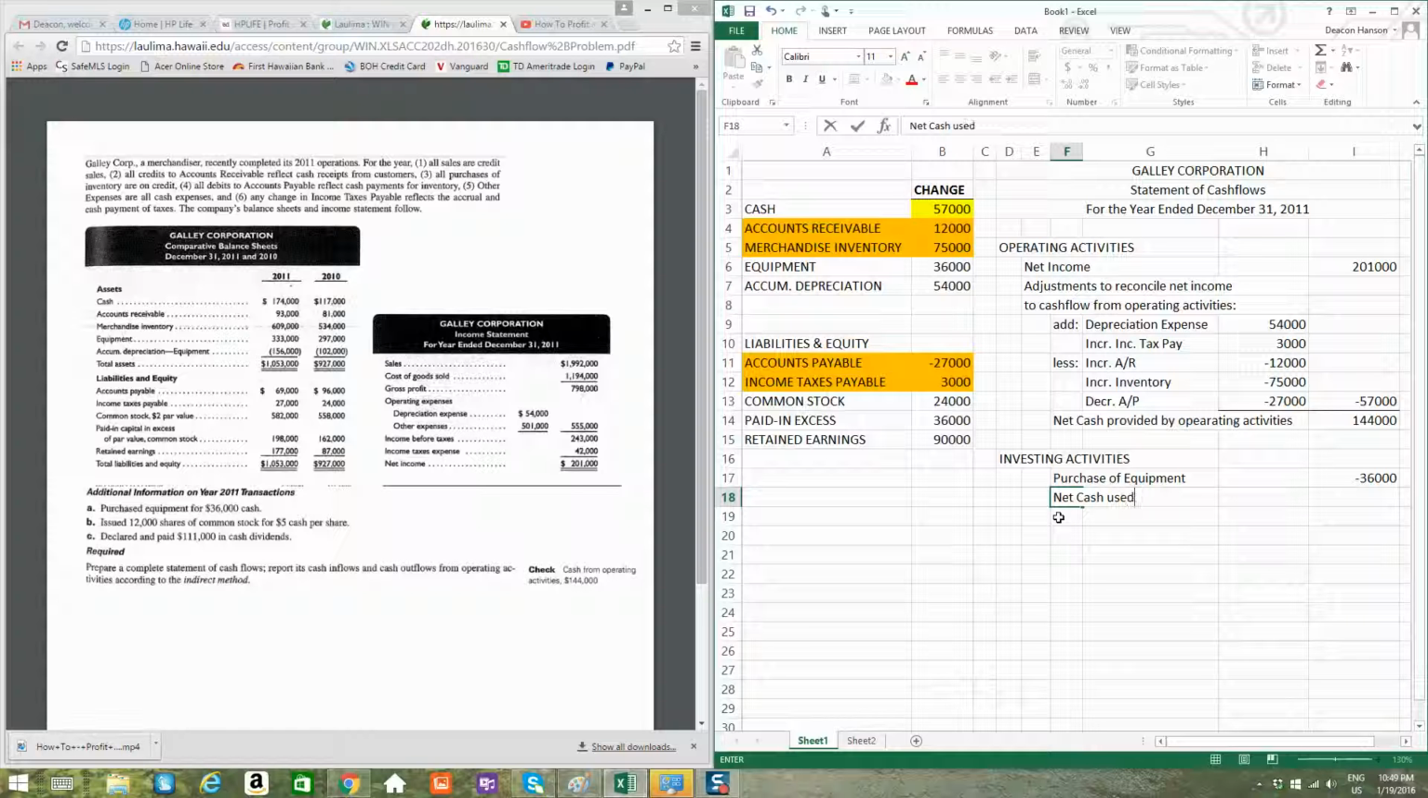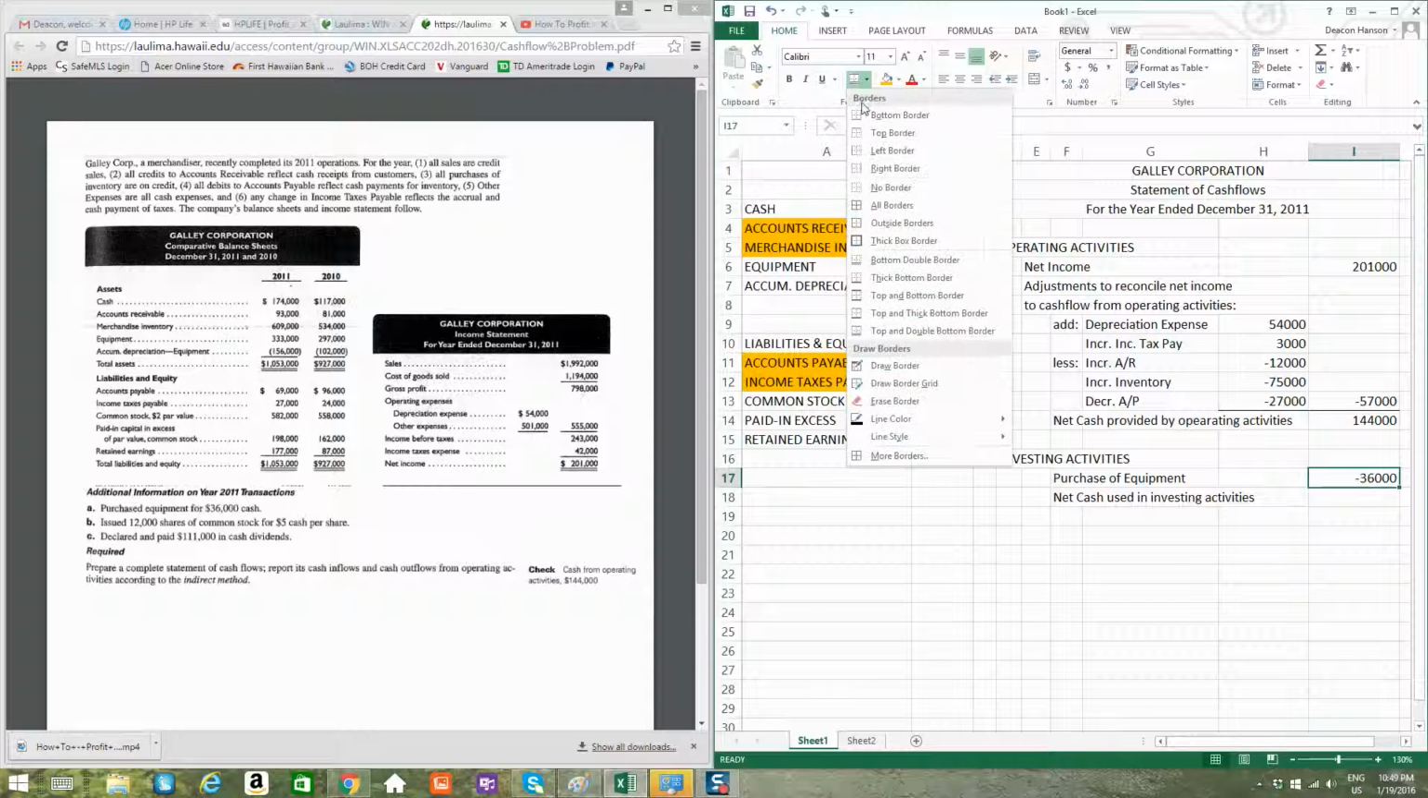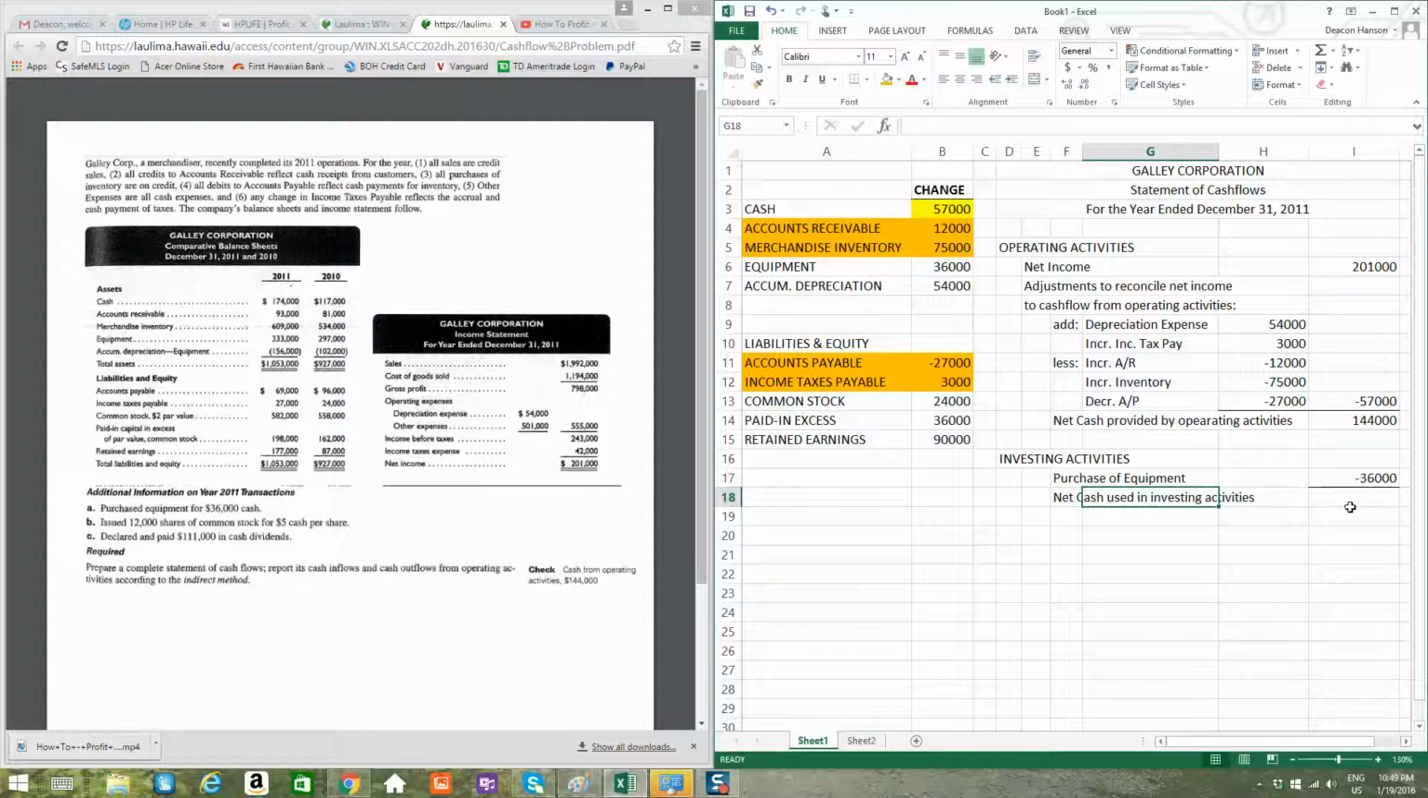Notice now it's called used in or used by. I like to say in investing activities. Okay, so sometimes you have more than one thing, but just to be consistent, I'll list the things separately as a detailed item and then as a total here. Okay, we'll be back to do the financing